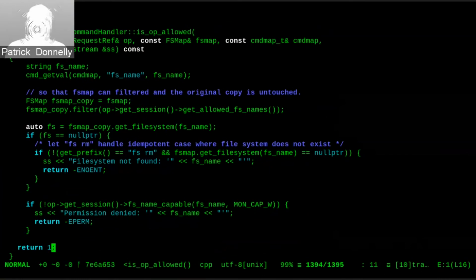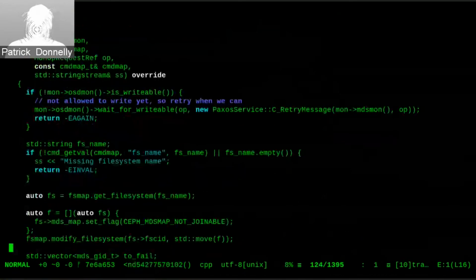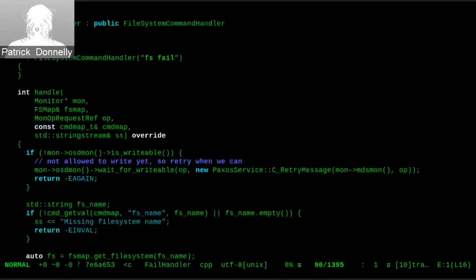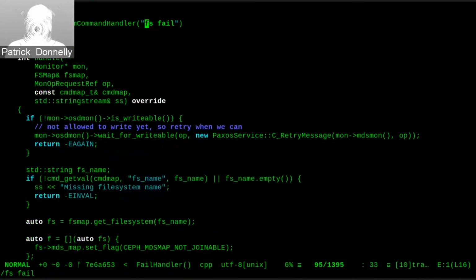So that's one of the examples of abstract handling there. And just to look at a given file system handler, usually when writing a new one of these, it's mostly just an exercise in copy and paste. They're templated pretty well. So here we're checking if the OSD monitor is writable, because this fsfail command, what it's going to do, if you're not familiar with it already, it's going to take every rank in the file system,